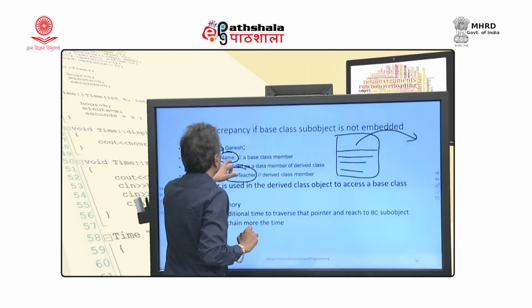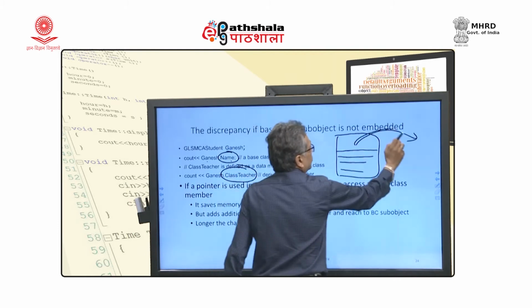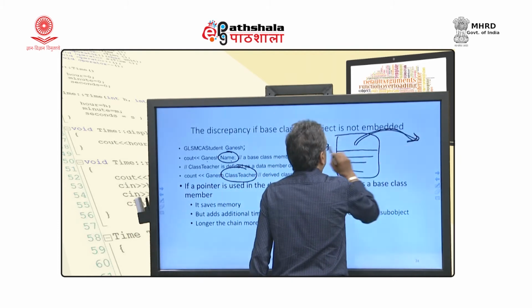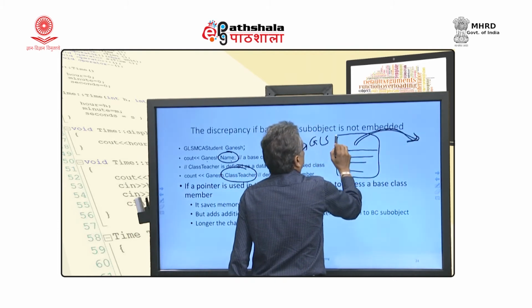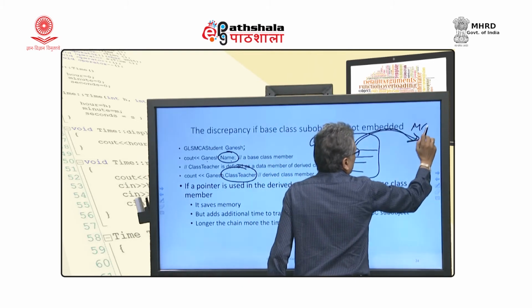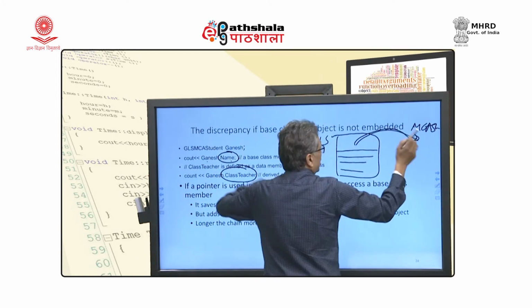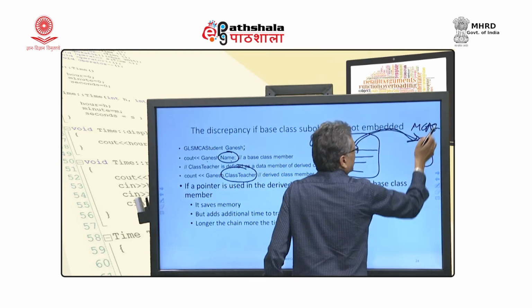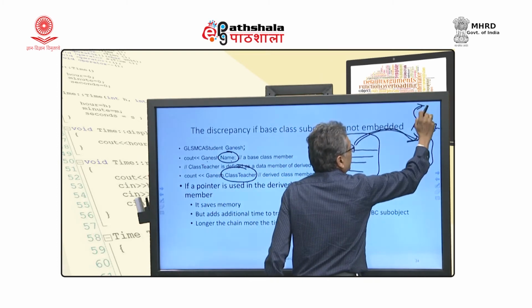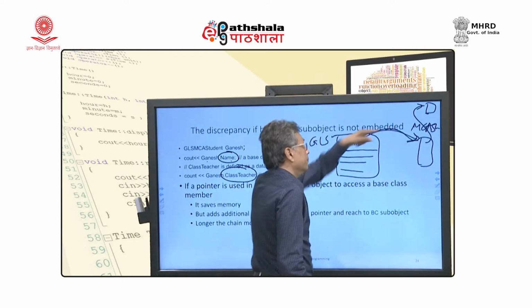When I access Ganesh.name, we will have to traverse this pointer. In fact, GLS MCA student is inherited from MCA student, and MCA student is also inherited from student. So you will have a base class pointer to student, and name belongs there.